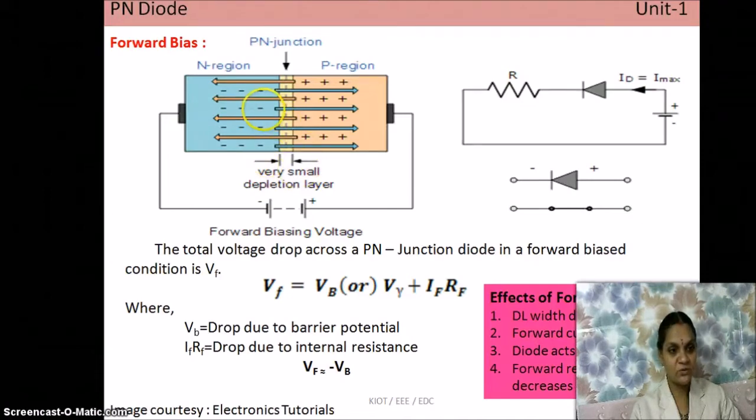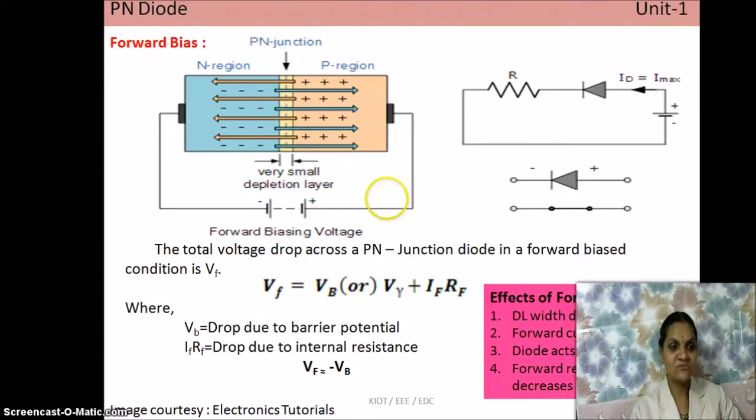So initially, what we are doing is increasing the voltage. We are applying 0 volt and then 0.1 volt, still charge carriers are not moving. Then 0.2 volt, still not moving. 0.3, 0.4, like that we are increasing. Here we are using a silicon-based diode. Its cut-in potential is 0.7 volt.